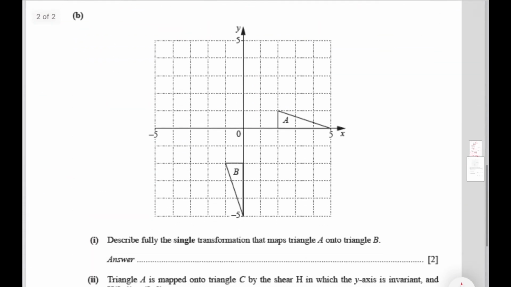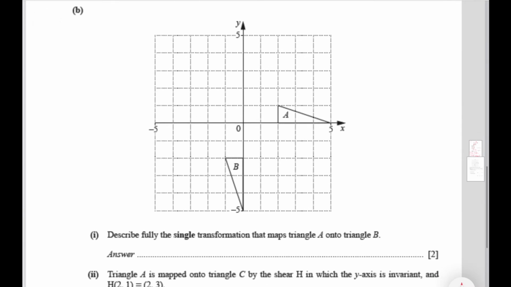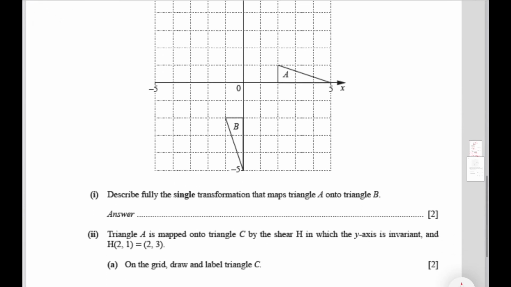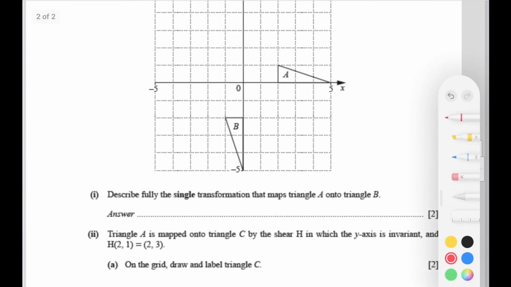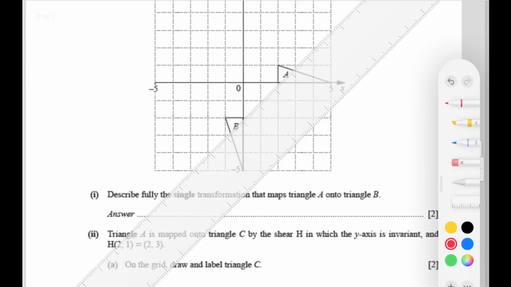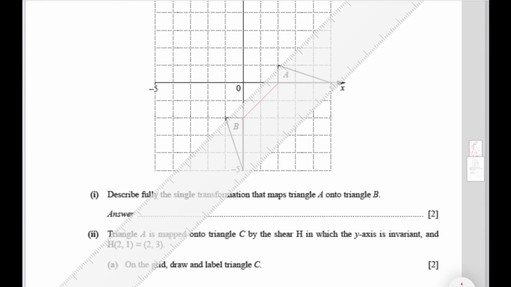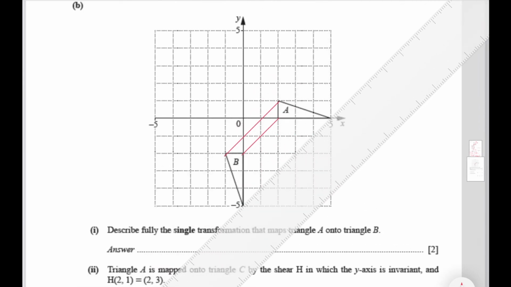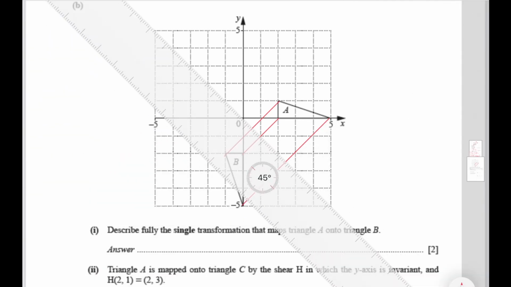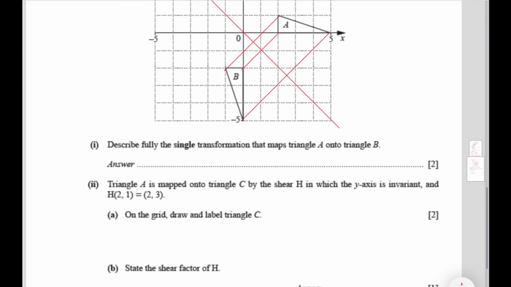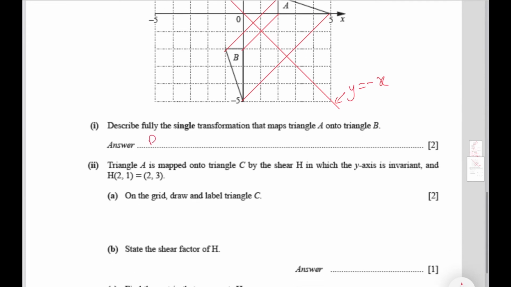In the next part they've given us a grid and two triangles A and B. Part 1 says describe fully the single transformation that maps A onto triangle B. If we connect these two points, and then these two points, and then these two points, as you can see, the perpendicular bisector of all 3 lines would be over here. This line is therefore y equal to negative x. That means this is a reflection